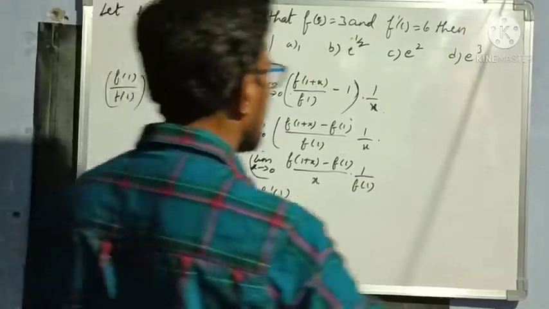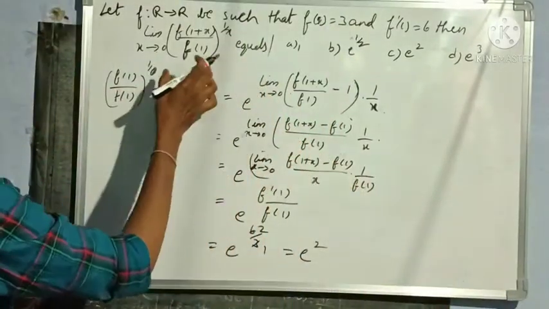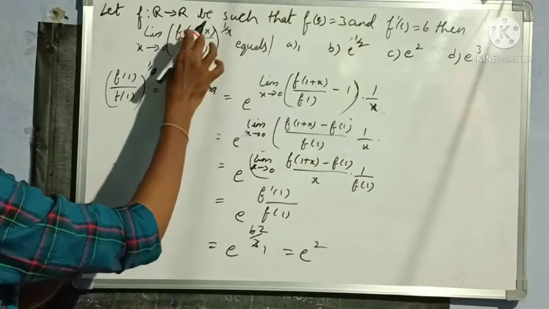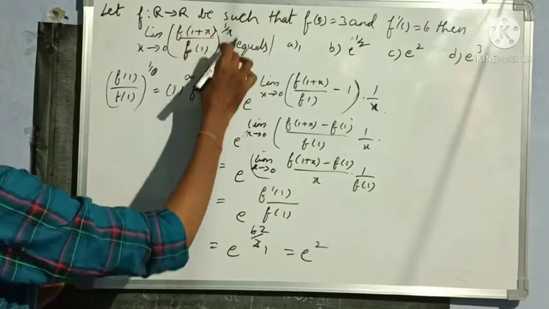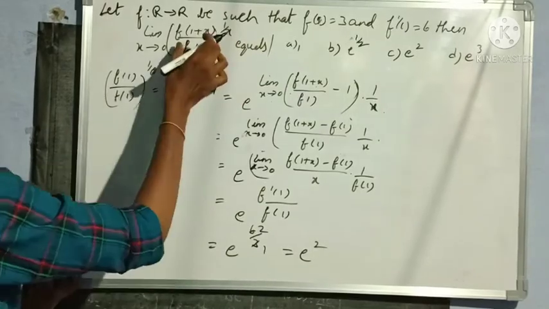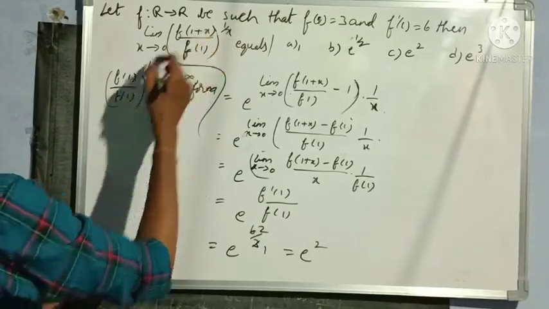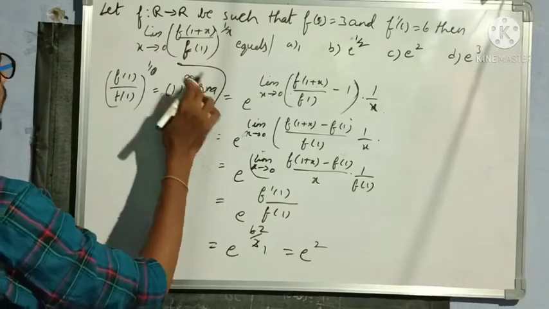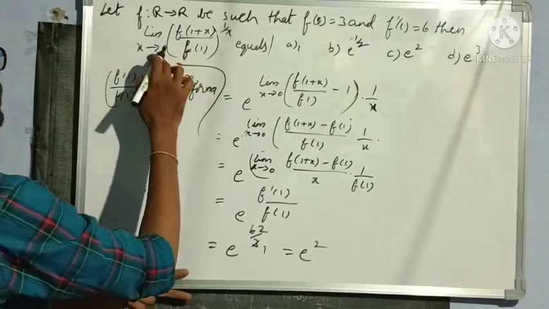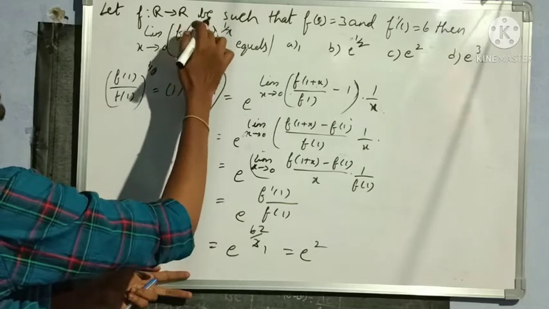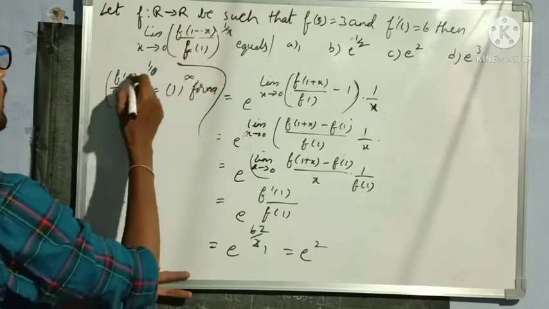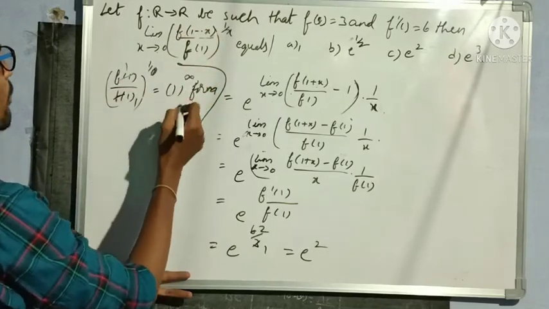Okay, once again I'll explain. Listen. So we have to find out limit x tends to 0 f of 1 plus x by f of 1 whole power 1 by x. Before finding the limit, let us see what is this limit of the form. So this limit is of the form 1 power infinity. How we are getting this 1 power infinity means if you substitute x value 0 here, 1 plus 0 is nothing but f of 1. F of 1 by f of 1 gets cancel 1. So 1 power infinity form this one.